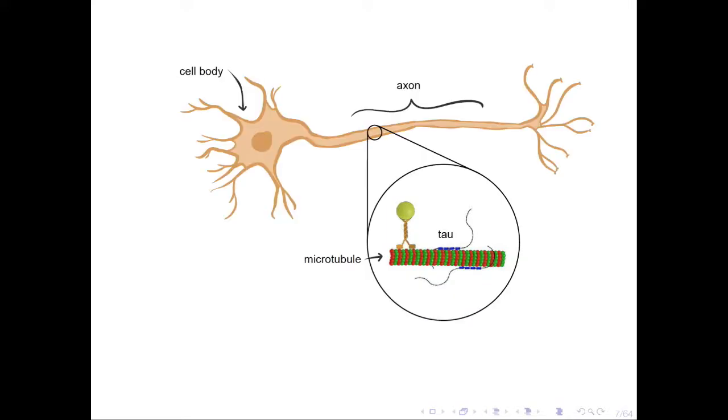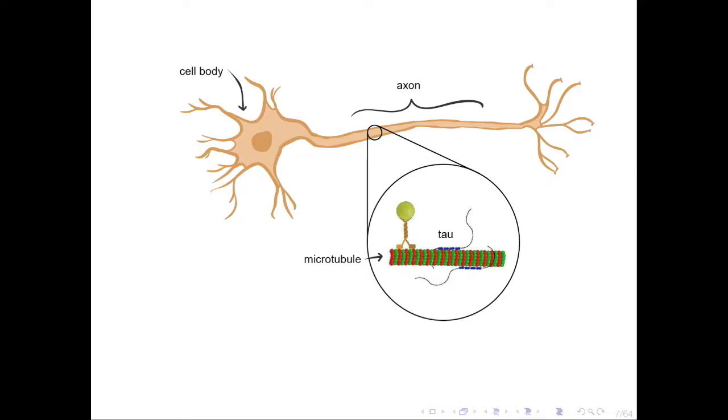To motivate why this is an interesting phenomenon to study, I want to introduce you to the tau protein. Tau is a protein whose job is to stabilize structures called microtubules. Microtubules are particularly important in neurons, for example, in the brain. Neurons have extensions called axons, which you can think of as the output channel of a neuron. The extensions here are known as dendrites, so these would be the input channels. Axons tend to be really long compared to the cell body. An axon might be 1,000 microns long, whereas a cell body is typically only up to around 100 microns.